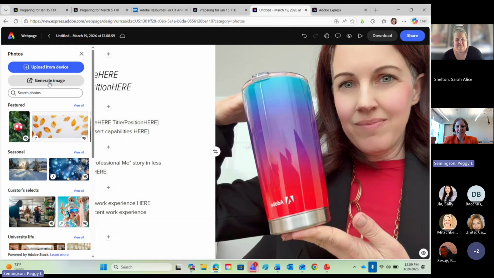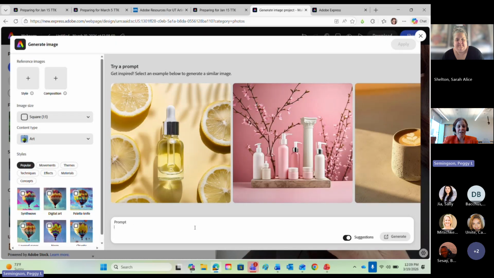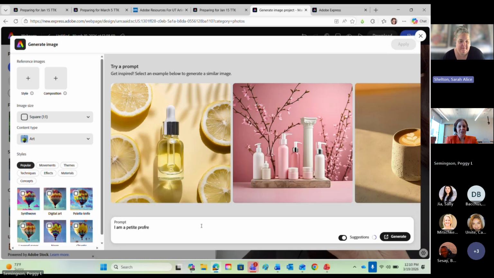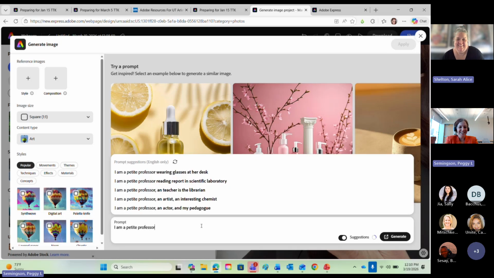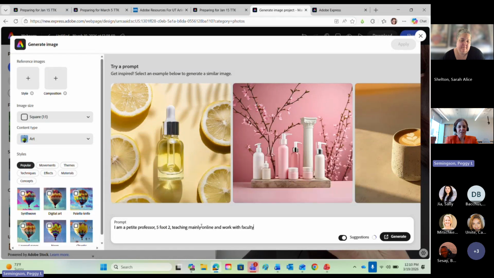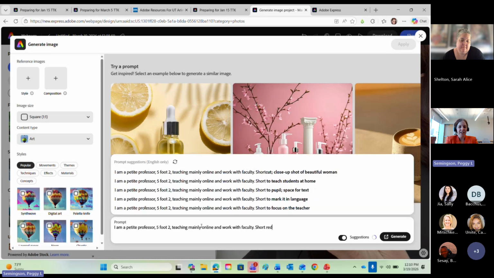You can also use their images or use AI to generate an image. Like Sarah, when we did this, can you help me out? What should I put in here for your prompt? Are you wanting a picture of yourself or do you want something? Yeah, of myself. I would just describe yourself as best as you can. So yeah, there you go. I'm short, so I'll say petite, 5'2". When people did this, they were amazing, actually. Teaching mainly online. If you know me, I teach mainly online. And I also work with faculty, short red hair,